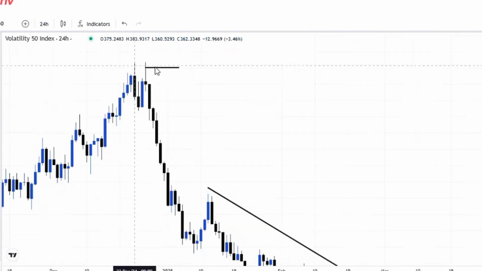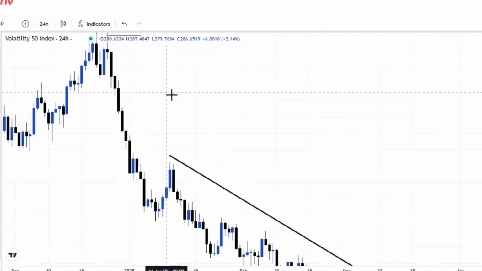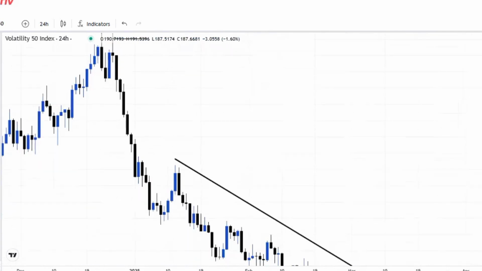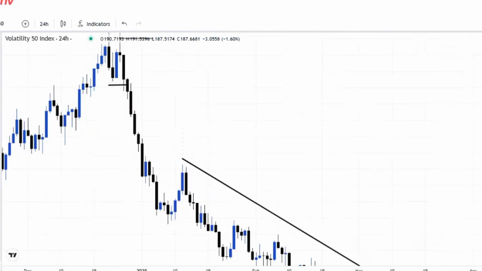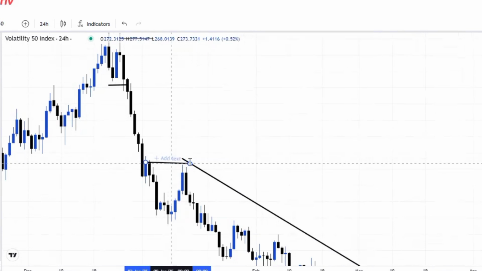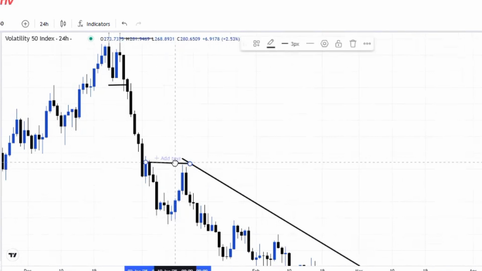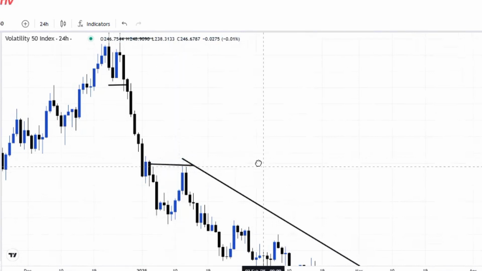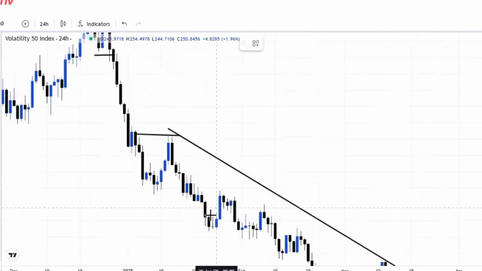Okay, because price came to mitigate that high, and we can see from here again there's another low. We have a low that was broken. Okay, and we also see again we have another new high, which is a lower high, which was mitigated. So we have this high which was mitigated. There's another block here, and if you see there's a low which price broke.